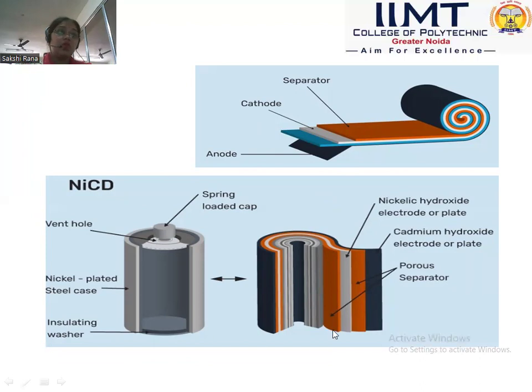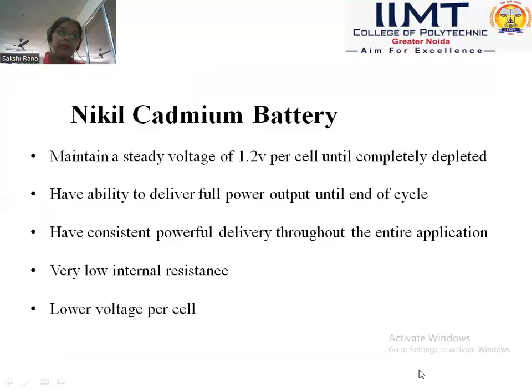There is the overview of the nickel cadmium battery. There are the anode and cathode, and this is the separator that is used between the anode and cathode, due to which anode and cathode are differentiated from each other. This is the vent hole, spring loaded cap, nickel plated steel case, insulating washer. Next is the